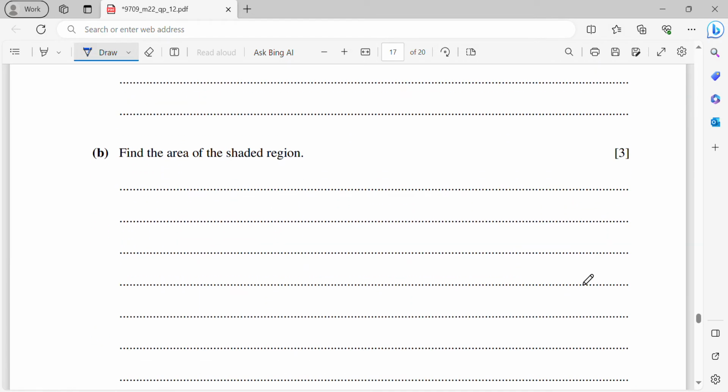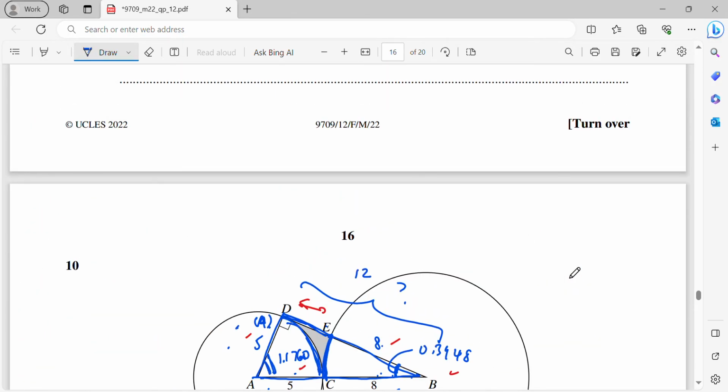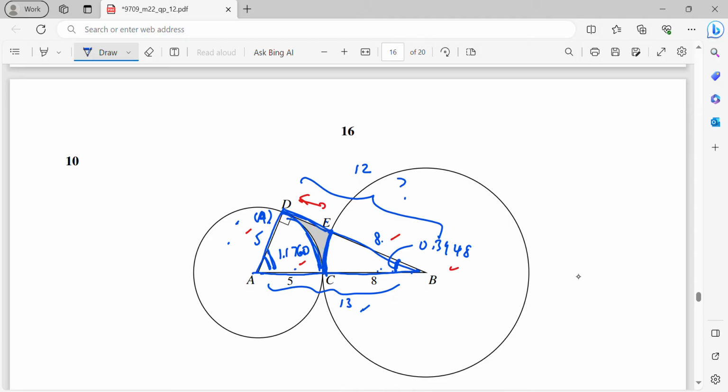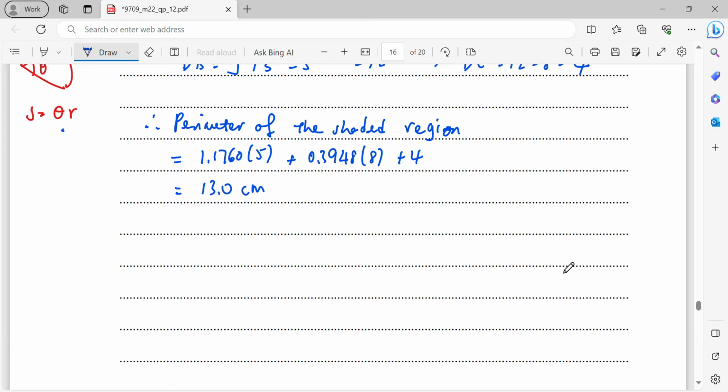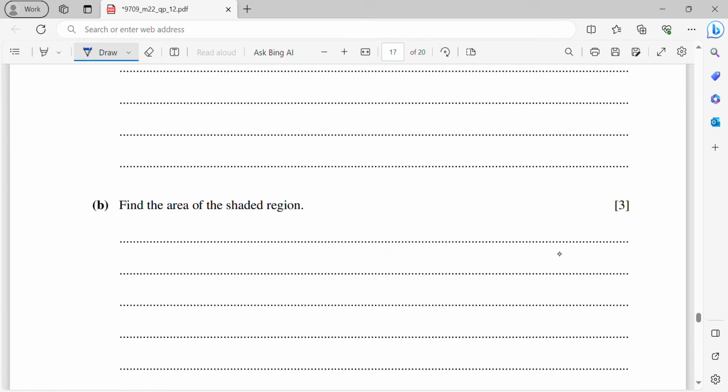Now find the area of the shaded region. So area can be found by using the area of the triangle minus the area of these two sectors. Since this is a 90 degree right angle triangle, I can just use half times height, which is 12, and the base. Then minus these two areas of the sectors. So now I will get the area of the shaded region